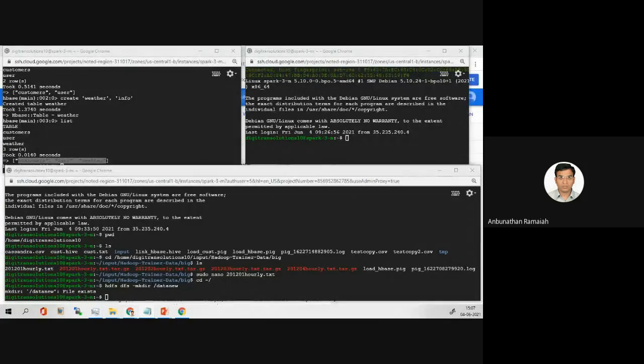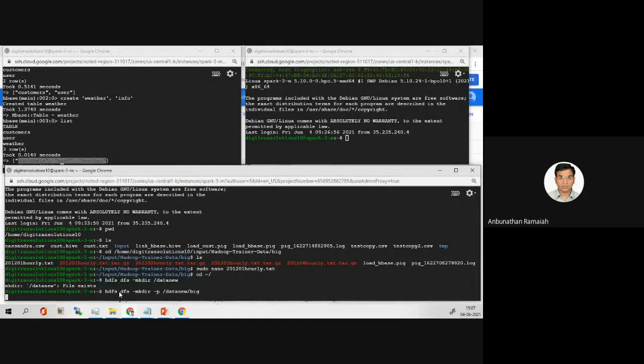Then again one more command I'll give. This minus p will create the complete path also. Then let me copy this file, whatever file we have.